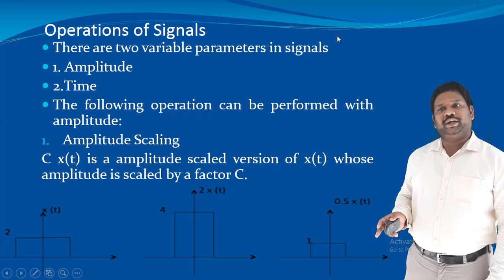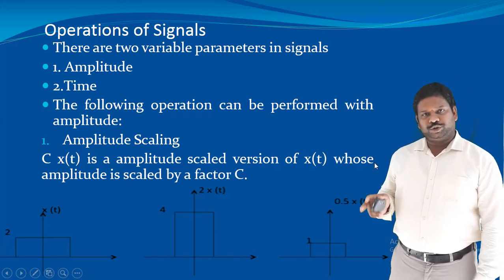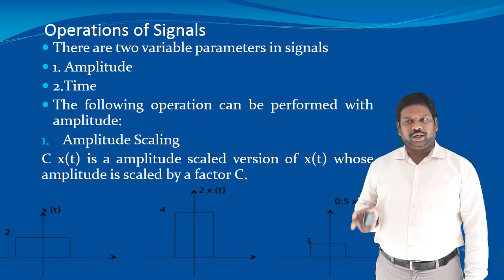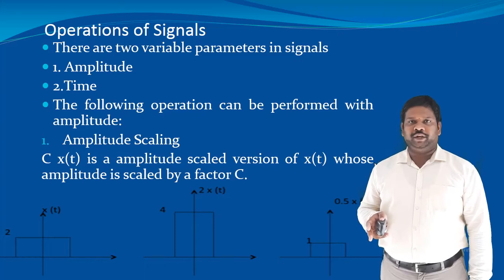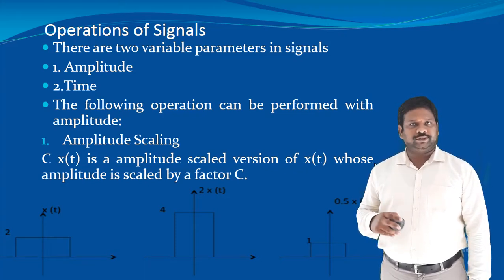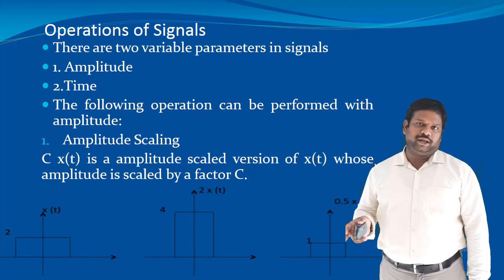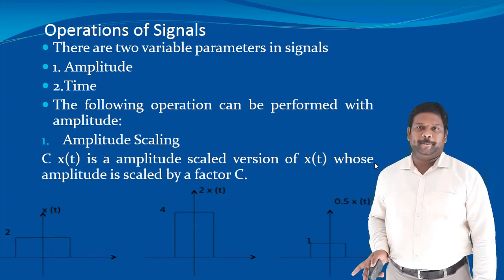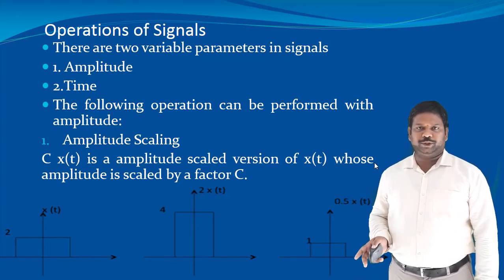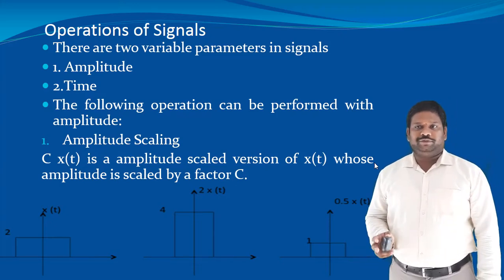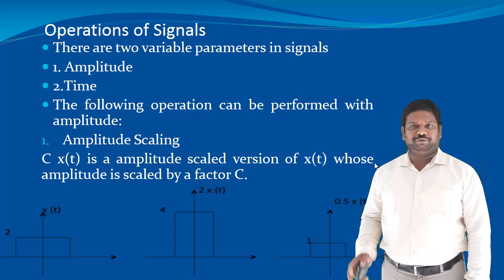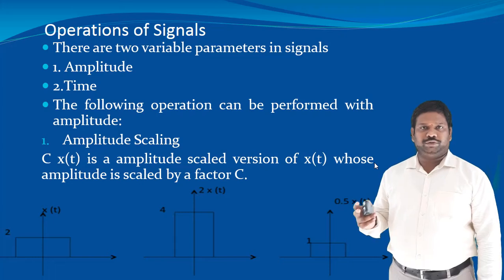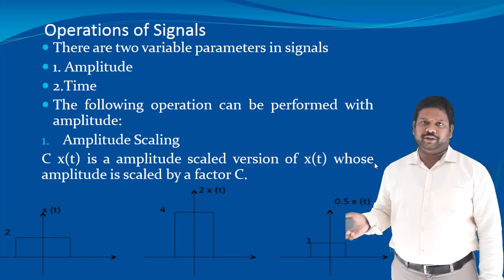Now come to the third figure, which we are taking as 0.5 into X of t. So to get the 0.5 into X of t, the corresponding C value is 0.5. The initial amplitude of the X of t is 2. Therefore 2 into 0.5 becomes 1. Therefore the 0.5 into X of t amplitude should be equal to 1. That's why the third figure will have the amplitude as 1 here. Okay. The first, as it is 2 into X of t, the amplitude will be increased to 4. That is the second one. Now the third figure, the amplitude will be decreased to 1 because of the 0.5 into X of t.